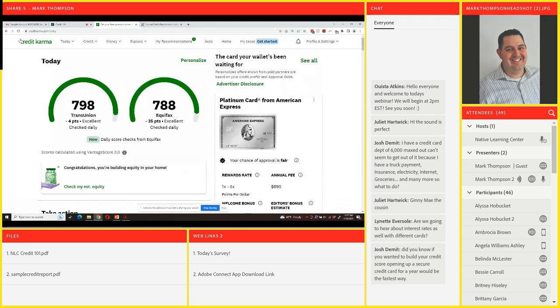Oh, now it's back. And it basically goes and pulls reports, and it provides you totally free of charge your credit score and things that are on your credit report. As you can see here, it says scores are calculated using the Vantage Score 3.0.